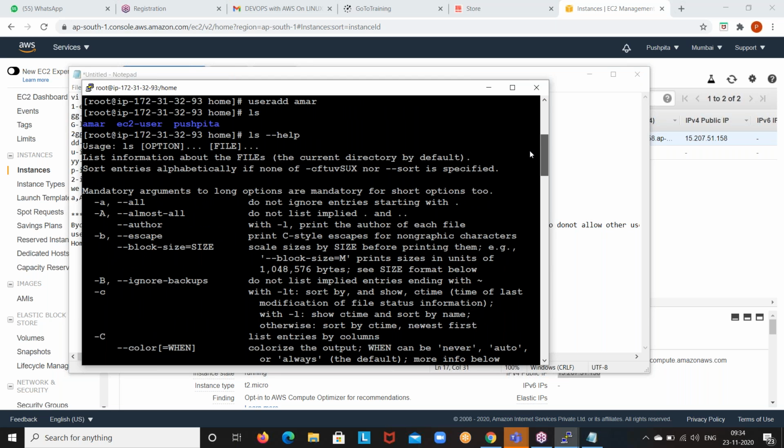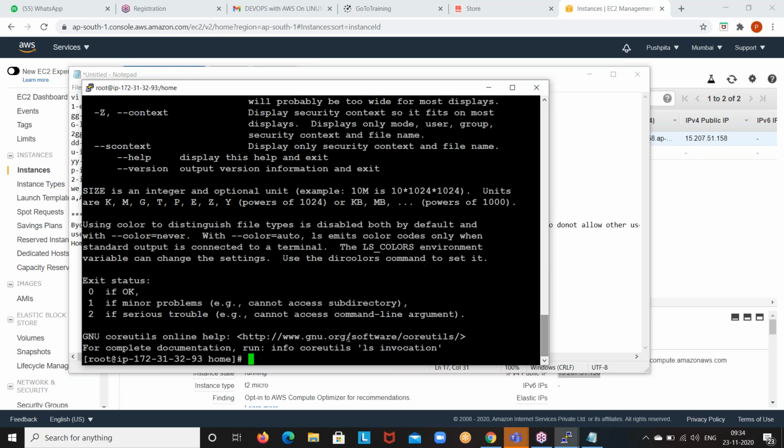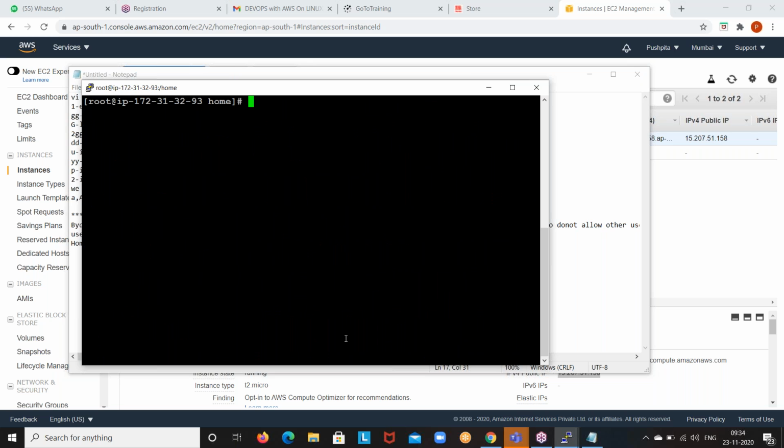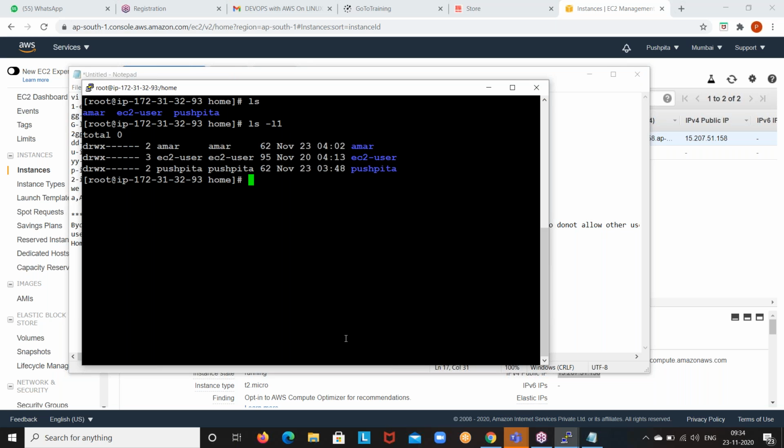I'll show live. Clear the screen. Do ls once. Then ls -l once; -l is an option here for the ls command. Enter. What is the difference between the above and below command output, guys? I'm asking about the output, not the command.